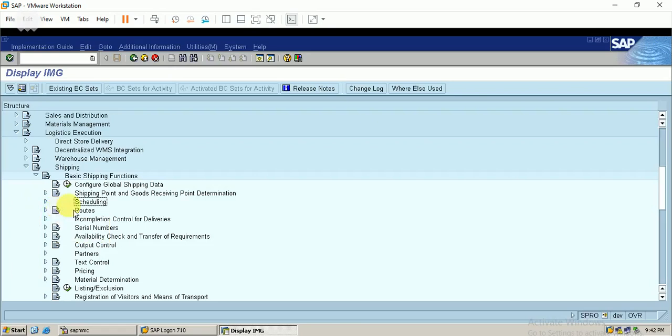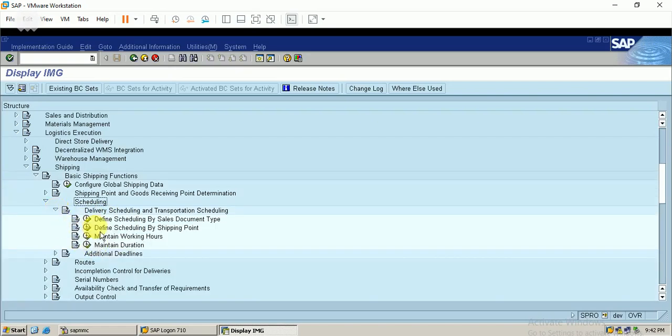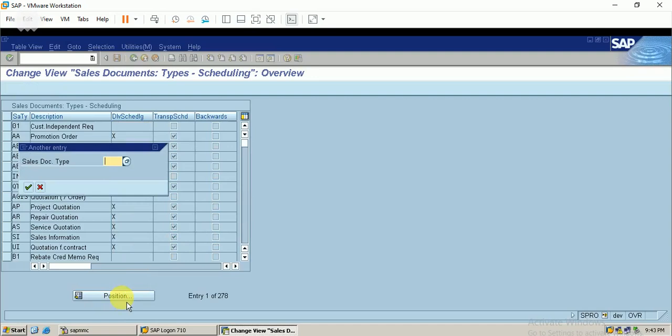So I just close this and enter into the scheduling: delivery scheduling and transportation scheduling. I need to activate the transportation scheduling for my sales document type. So it is the first step. We know that our sales document type is OR.